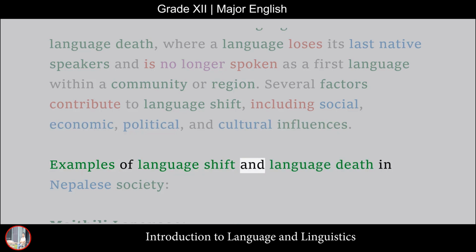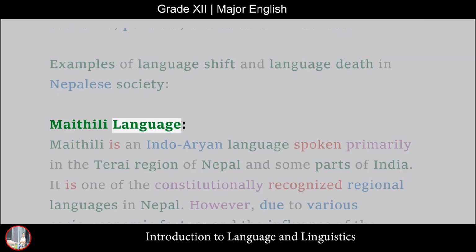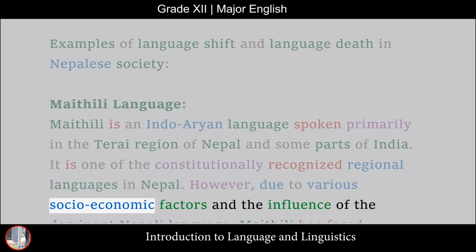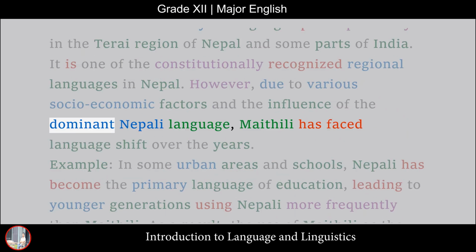Examples of language shift and language death in Nepalese society. Maithili language. Maithili is an Indo-Aryan language spoken primarily in the Terai region of Nepal and some parts of India. It is one of the constitutionally recognized regional languages in Nepal. However, due to various socio-economic factors and the influence of the dominant Nepali language, Maithili has faced language shift over